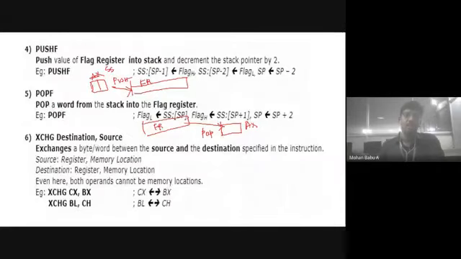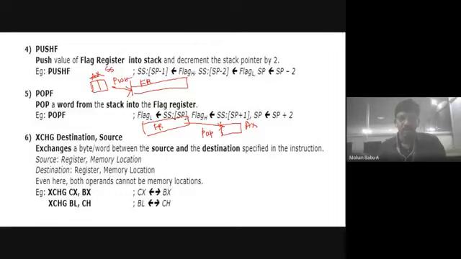Okay, I will move to the next instruction. Exchange. Exchange means what? We are just moving the data from one register to another. For example, this one is the AX register, this one is the BX register. If we want to move this data to this address, this register value to this register value. Clear? What is exchange? Exchange a byte or word between the source and destination specified in the instruction. Source must be a register or memory location, and destination may be a register or memory location.